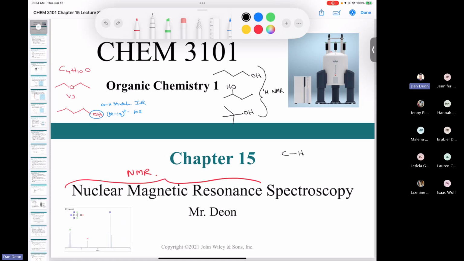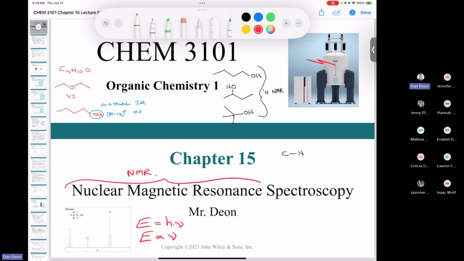Okay, so you guys probably remember this formula. We saw it in chapter 14 that energy is equal to Planck's constant times nu. So we know that energy is directly proportional to frequency. So if we have a high frequency, we have high energy. Well, something else that we're going to see is that in nuclear magnetic resonance